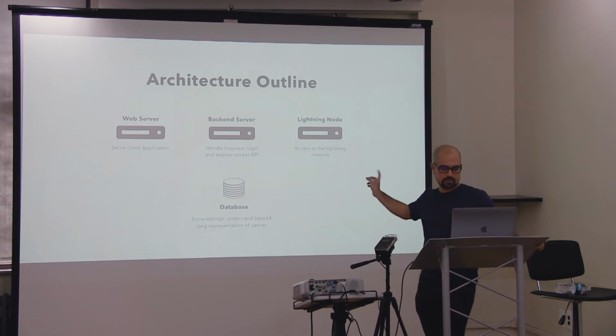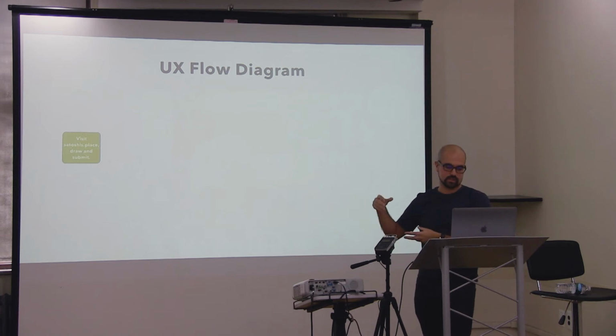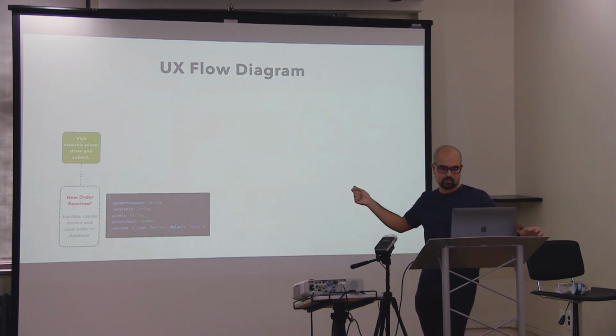And finally, we have a web server, whose sole duty is to serve the client-side application. So now let's see how everything ties together by looking at the user journey when submitting and paying for a painting. So a user visits a website, the canvas is loaded with the latest image, he draws something and hits the submit button. A request is made to the API with a new order, and the backend service will validate the order,